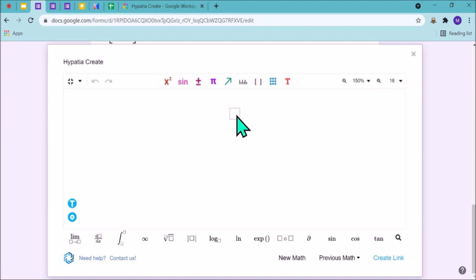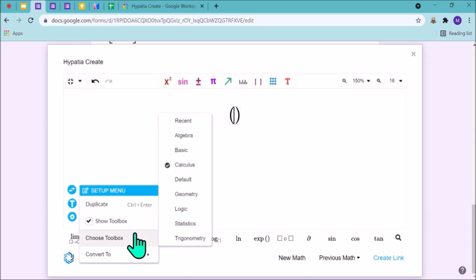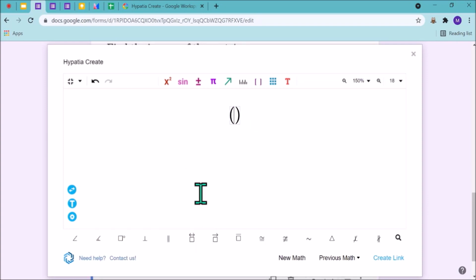So I am creating first one identity, one vector minus another vector, or one vector and just another vector. I am just using parentheses from my keyboard. I have to use vector tool now. I am again coming to toolbox. Choose toolbox. It is in the geometry, 3D geometry. You can see here arrow part, vector sign. We are putting it here.